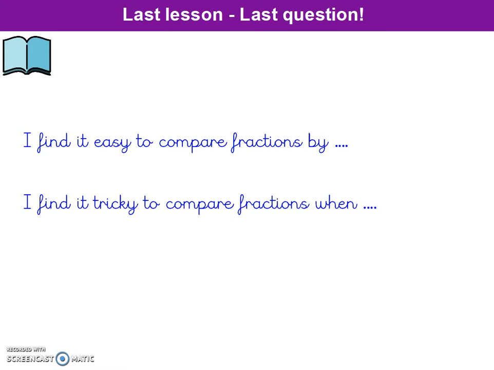We began this unit by looking at equivalent fractions, the idea of a fraction being the same even though it has a different denominator. And then we used that knowledge to be able to compare fractions. So unlike fractions with different denominators, we were able to change them so that they became like fractions, or we could use a fraction rule. And we could decide which one was bigger, which one was smaller, whether they were the same size. And from that we were able to move on to ordering fractions, so going from smallest to biggest